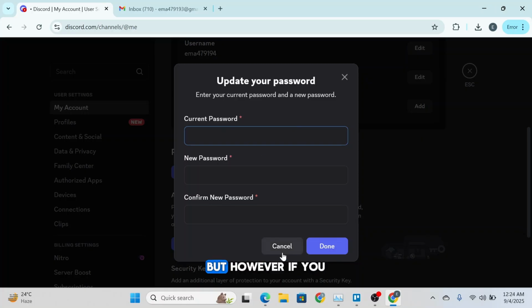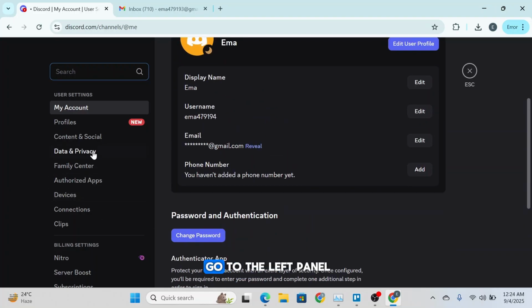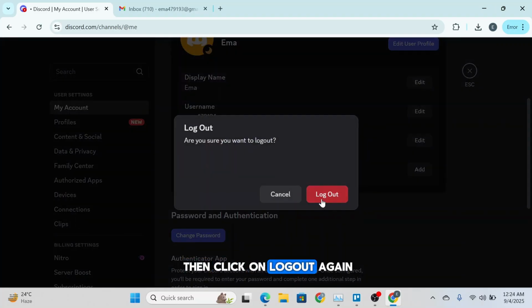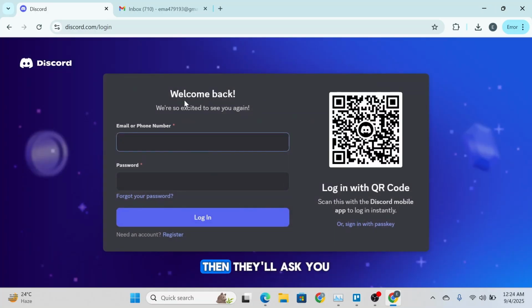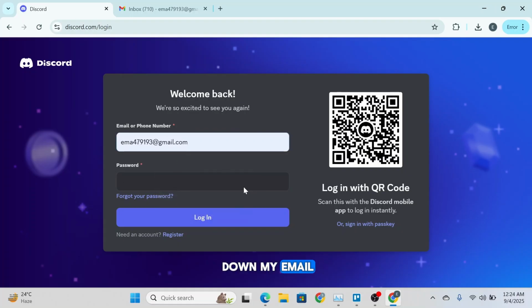However, if you don't remember your password, what you're going to do is simply log out of Discord. To do that, simply go to the left panel, scroll all the way to the bottom, and you'll be able to see this red Log Out button. Click on it and then click on Log Out again, and then you'll be logged out of Discord. Then they'll ask you to enter your email or phone number and password. So you're going to simply type in your email. I'm going to type down my email, and then instead of typing your password, you're going to click on